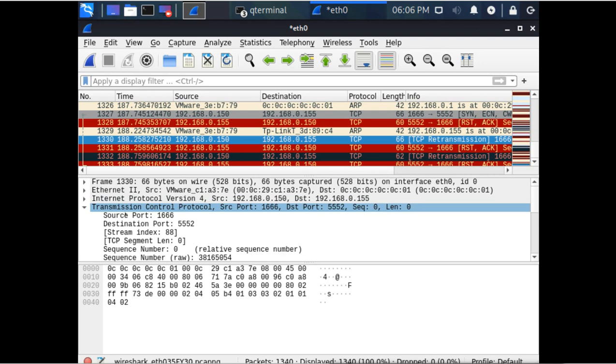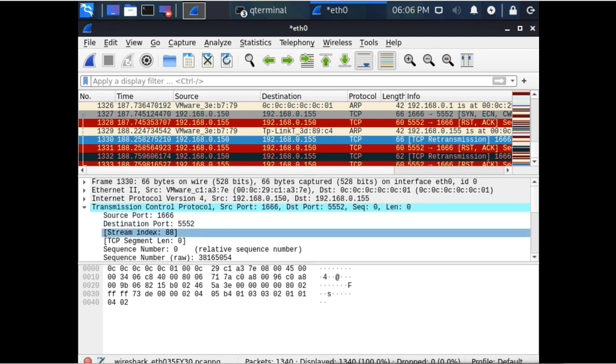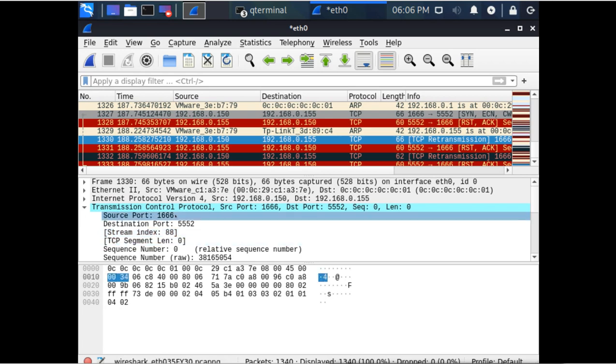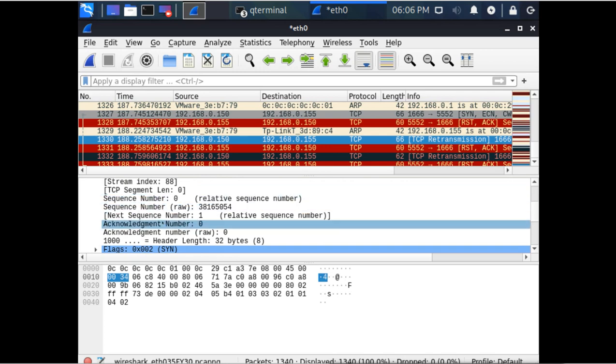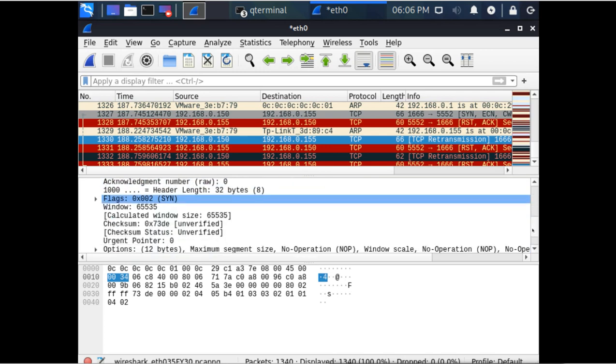You can see here source port, destination port, stream, TCP sequence number, acknowledgement, flags, all the details of the transport layer.